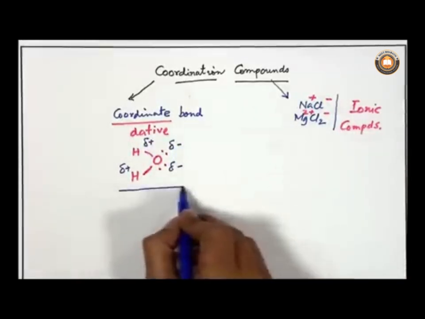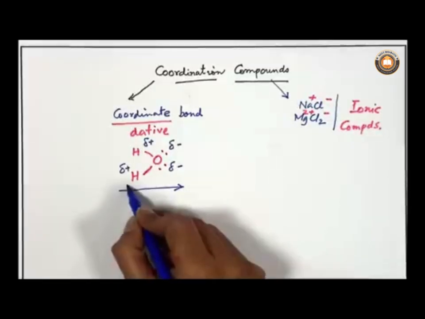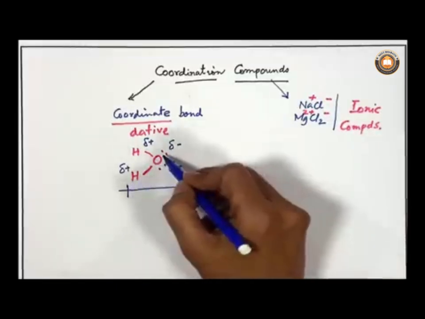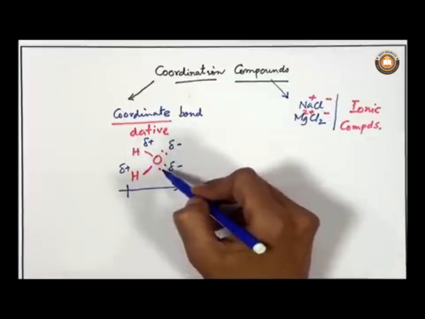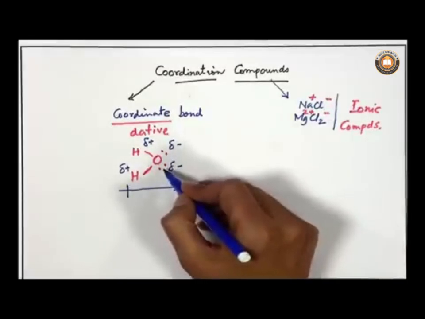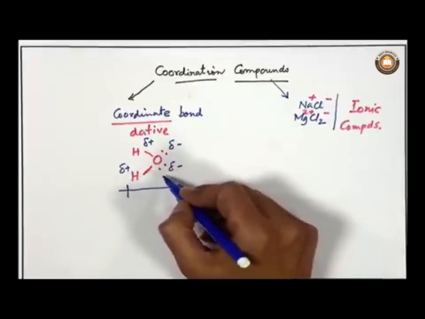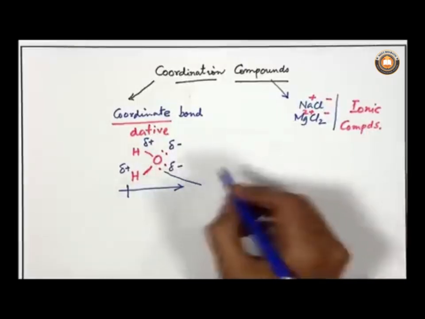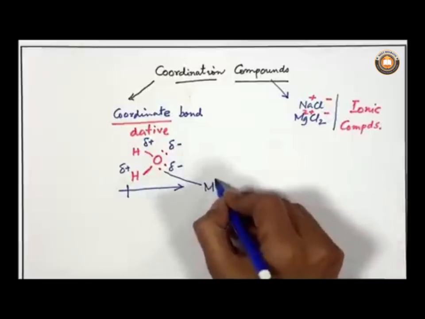So dipoles are created along one OH bond, and another along the other OH bond. Now, if a lone pair of electrons can be utilized for a bonding interaction with a species, say any metal ion,